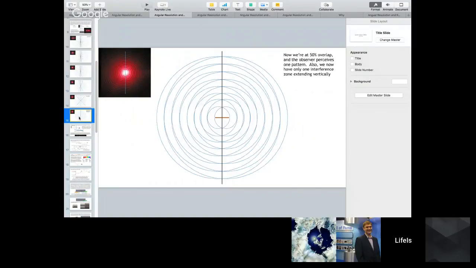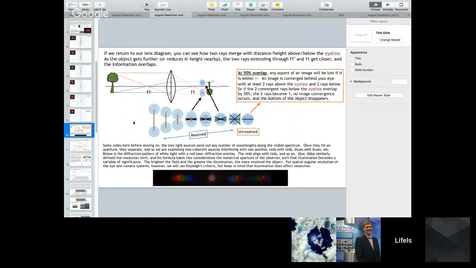And then now we get to 50% overlap, and this is what you see. This is the point where your brain says, nope, I've lost an image here. There's only one image there, and that's what Rayleigh essentially quantified. Does that make sense? Right. Okay. So now the question is